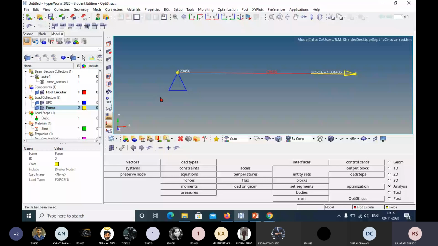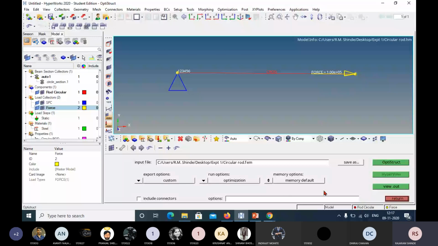Now in analysis page, for solving, you click on the solver OptiStruct. Here on this row, on this column, last option is OptiStruct. Here you will get that file path, that is C user desktop experiment number 1 circular rod. Not necessary to click on save as.